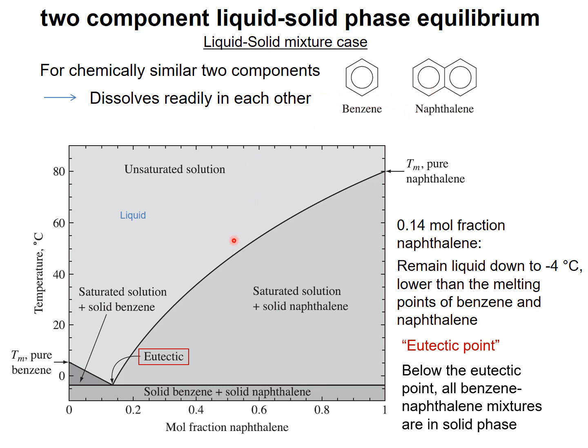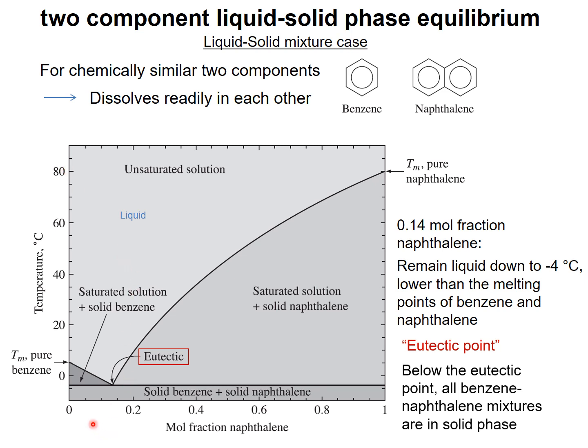So let me think about the temperature-composition diagram. It is very similar to the previous temperature-mole fraction diagram for the case of potassium nitrate in water. However, it is even a little bit more complicated. The x-axis is the mole fraction of naphthalene, which is solid at room temperature, and the y-axis is the temperature, as you expected. You don't need to think about the pressure for the case of a solid dissolved in liquid.